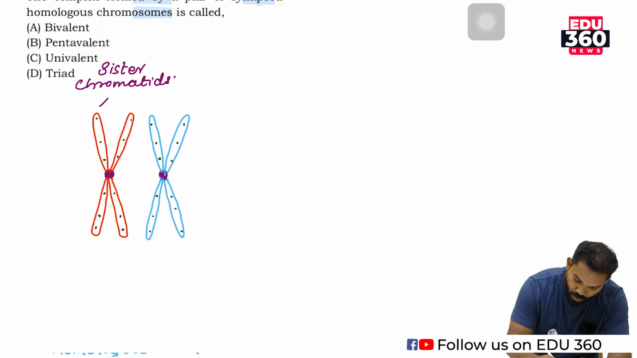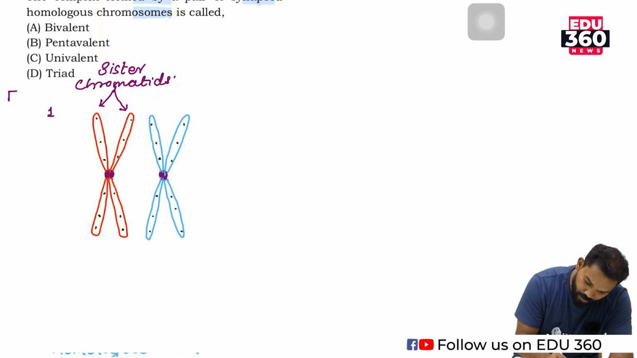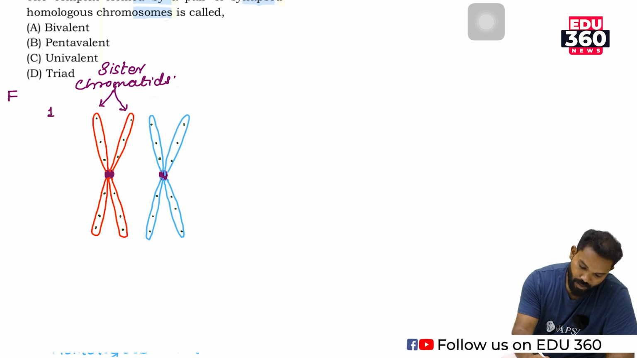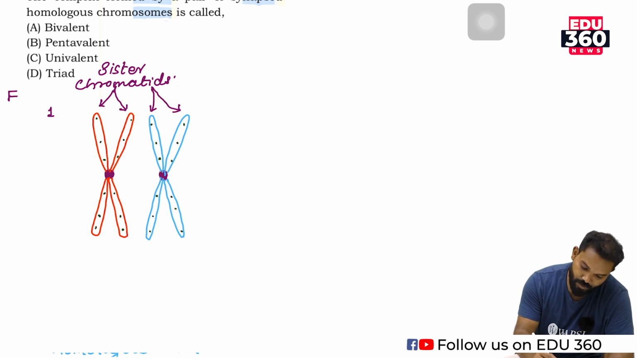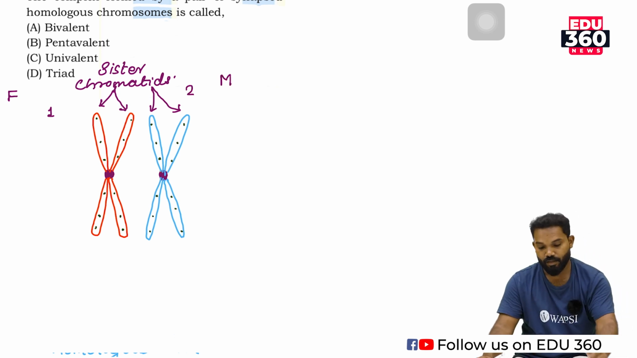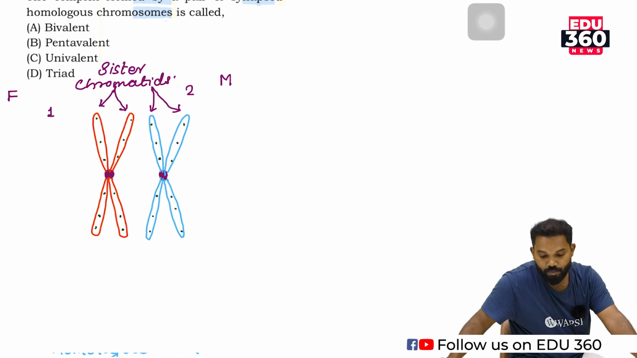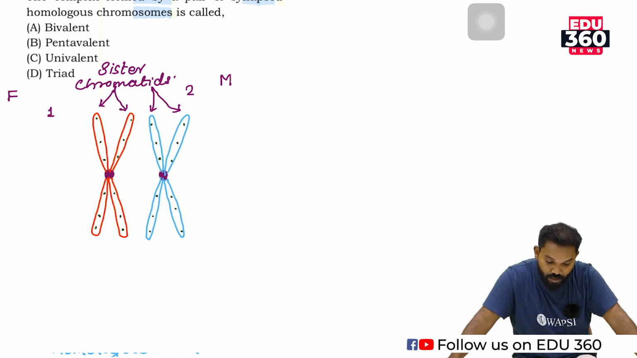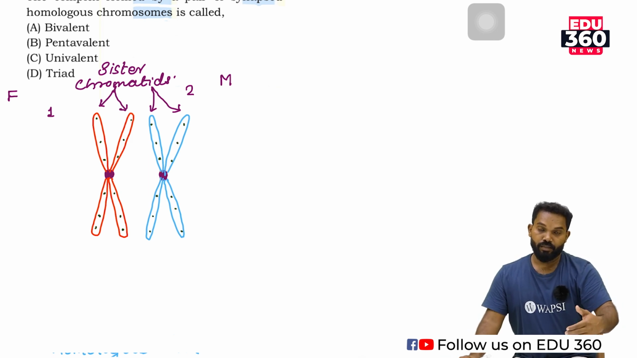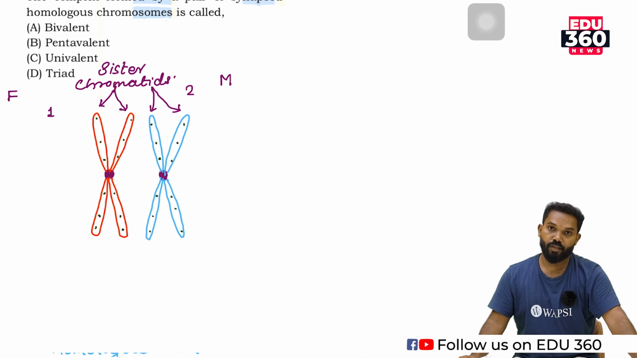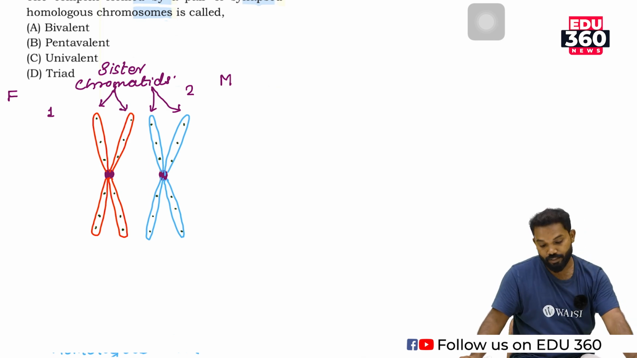So these 2 are sister chromatids of chromosome number 1, which is coming from one parent, from the father. And these 2 are sister chromatids of the second chromosome, which is coming from the mother. So the blue chromosome is coming from the mother, and the red chromosome is coming from the father. Then, during meiotic division, for gamete formation,